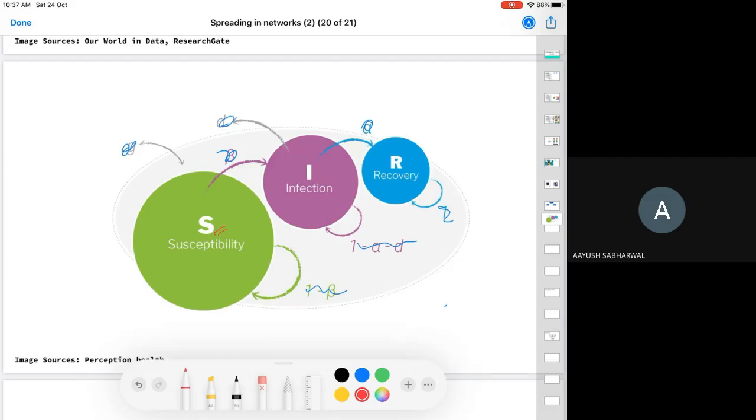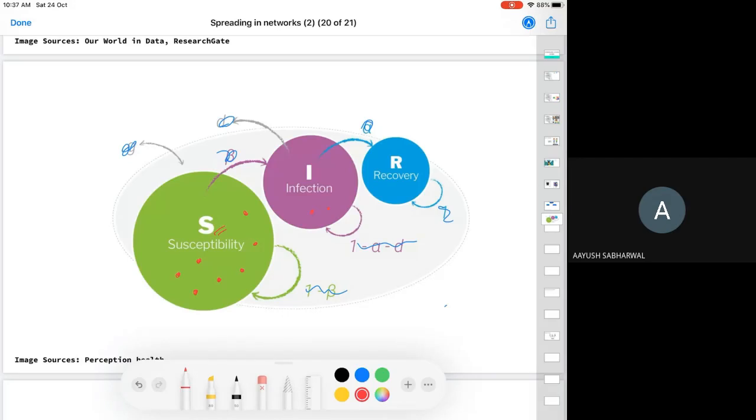Susceptible nodes are the ones, initially everyone in a population is susceptible, that have not yet caught a disease, but can catch it once they come in contact with an infected person. This compartment holds the infected people in a population, which are just one or two in the beginning. Even in the case of corona, there was just one case detected in India. I think it was in Goa, and over a period of time, it spread very fast. So you have initially some infected nodes here. So they come in my infected compartment.